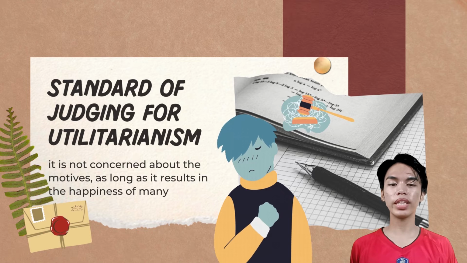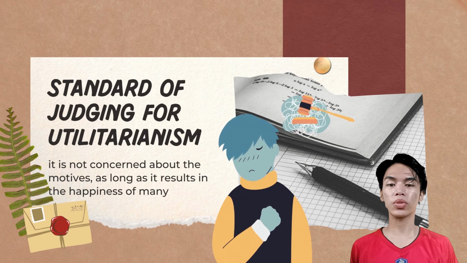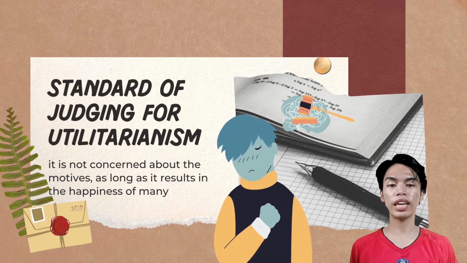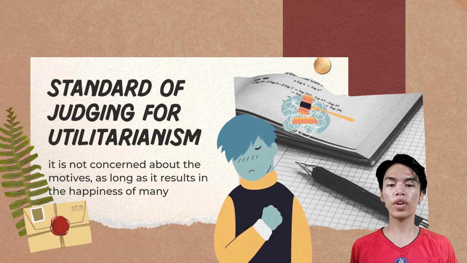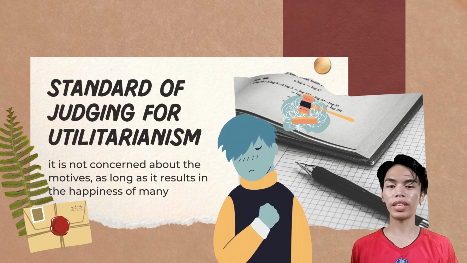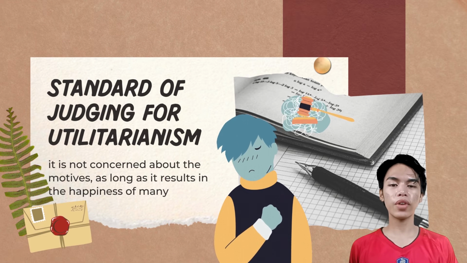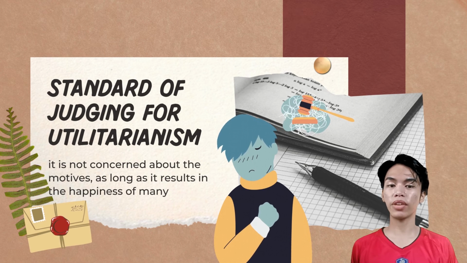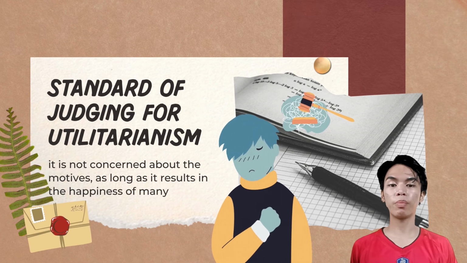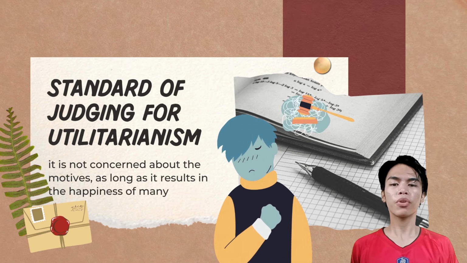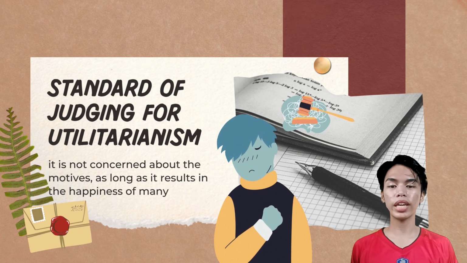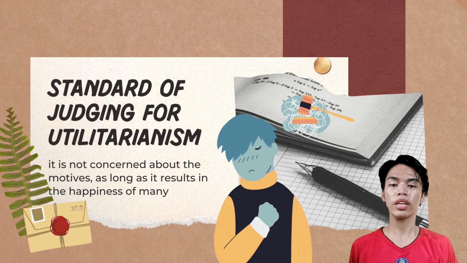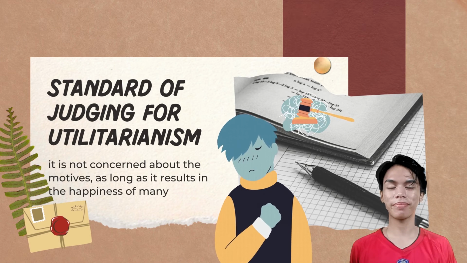An example would be lying on a resume to get a good job and justifying the lie by saying the larger income will enable the liar to provide more adequately for his family. Another might be justifying the abortion of a baby to save the life of the mother. Lying and taking an innocent life are both morally wrong, but providing for one's family and saving the life of a woman are morally right. Where, then, does one draw the line?